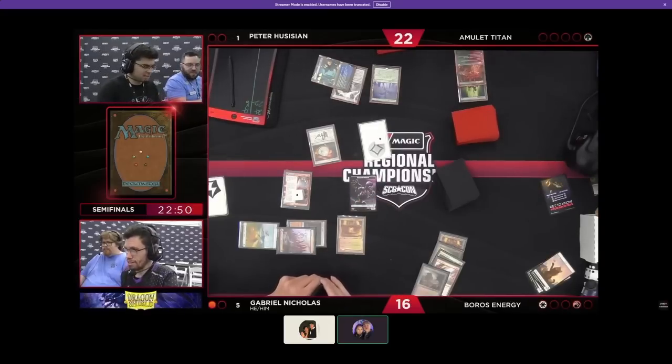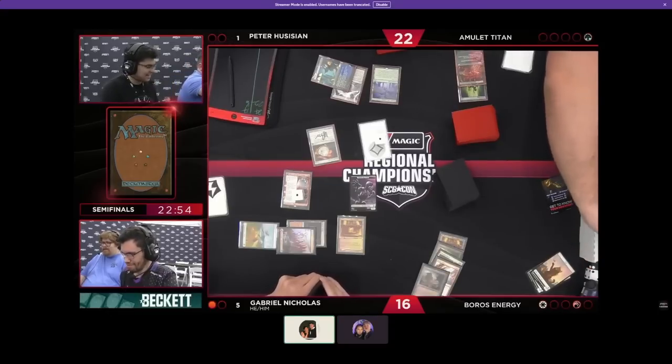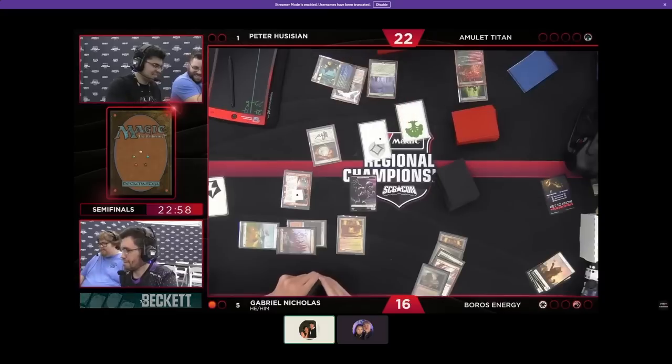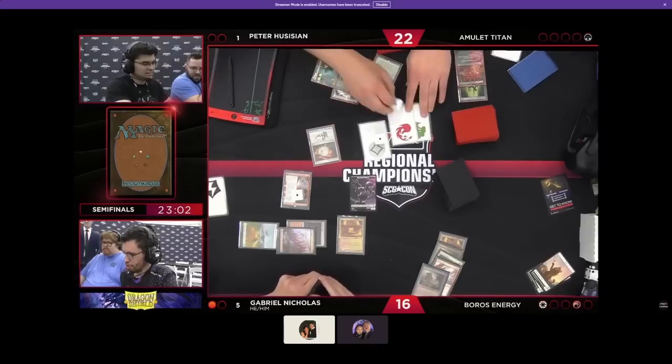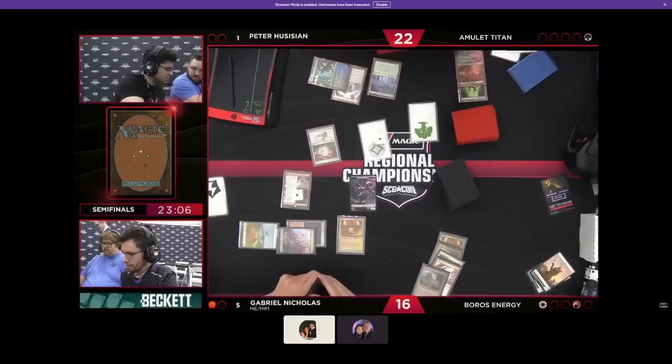Semifinals of the RC and no one has a Goblin Shaman token. Yeah, I have one. It's in Rucksack. You want me to get it? And then here, as you play Grazer, it's going to get...